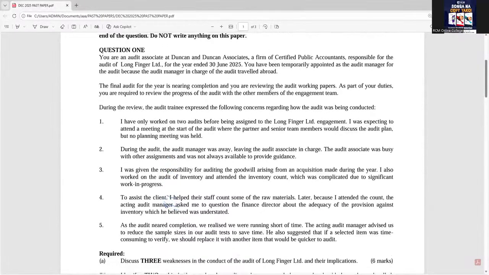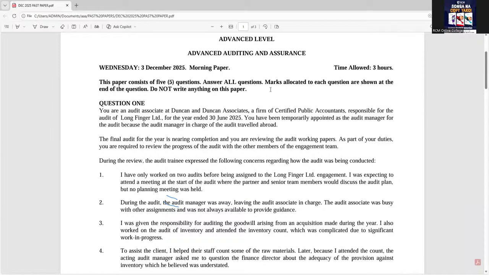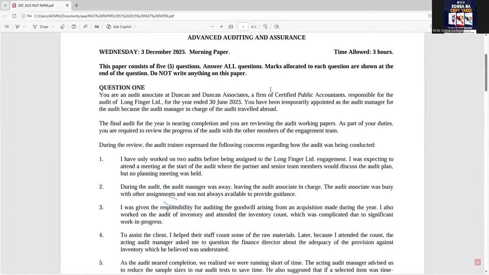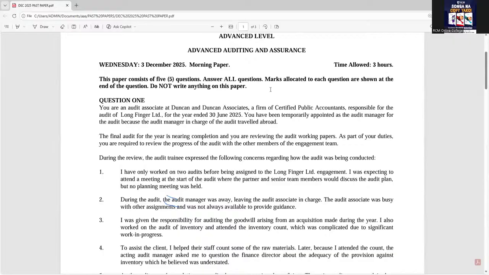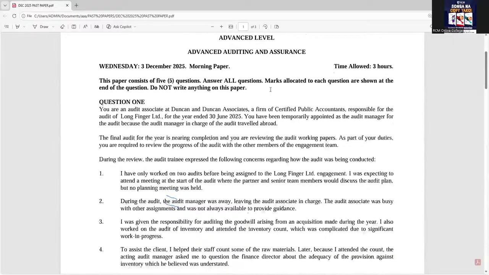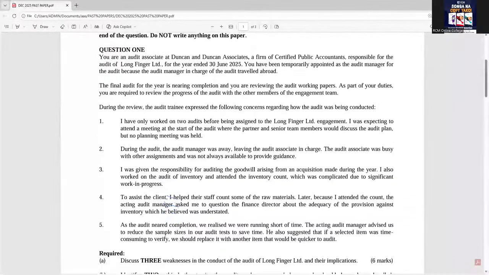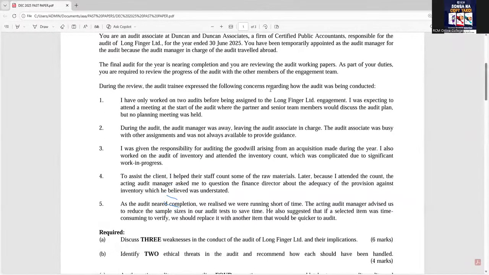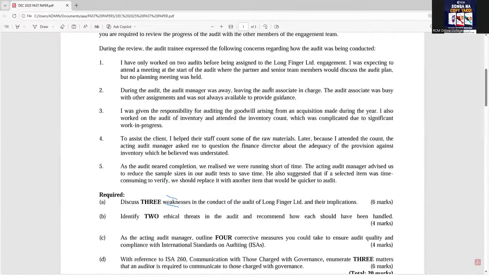So what you learned in auditing and assurance is still relevant to what you are having to advance as you study your advanced auditing and assurance. For example, this was the sitting for December 2025, the one that just did this previous sitting. If you look at how the questions are formatted, you can see they are case studies. So you're given long stories, then you have to synthesize or look at the case studies and of course be able to utilize them to be able to answer the questions.